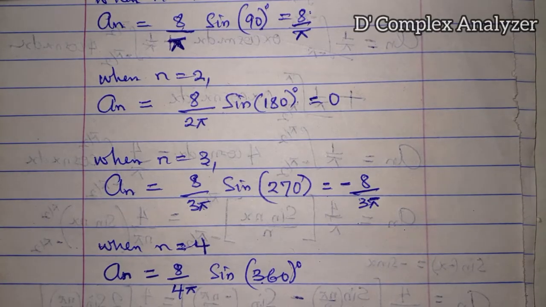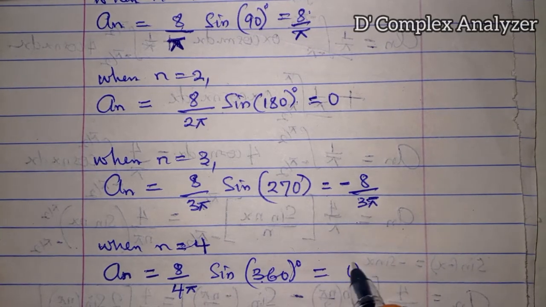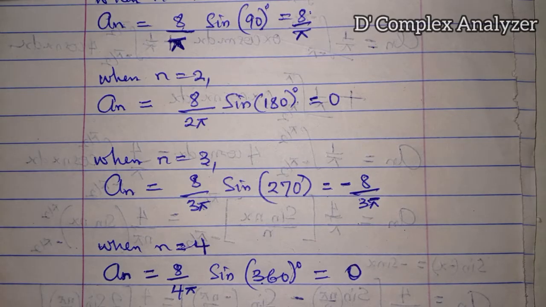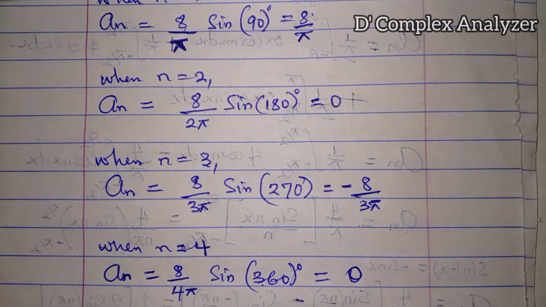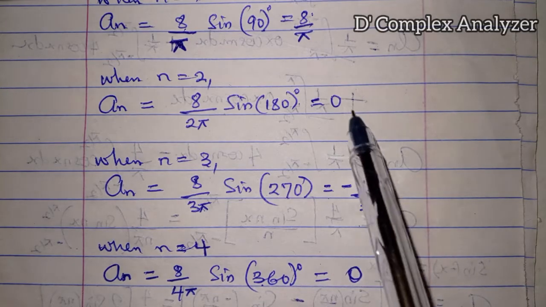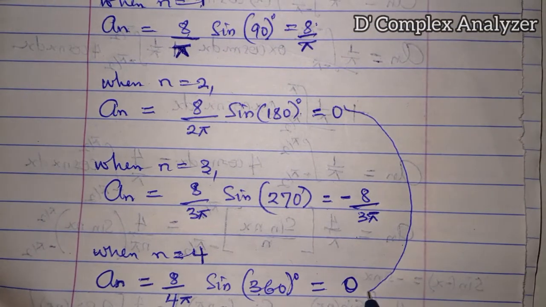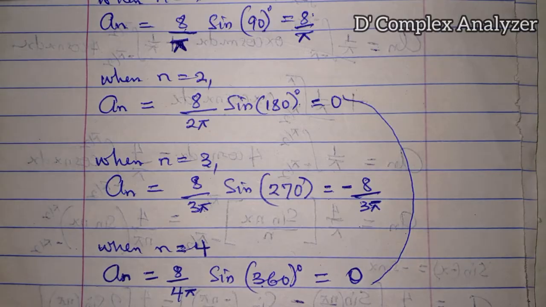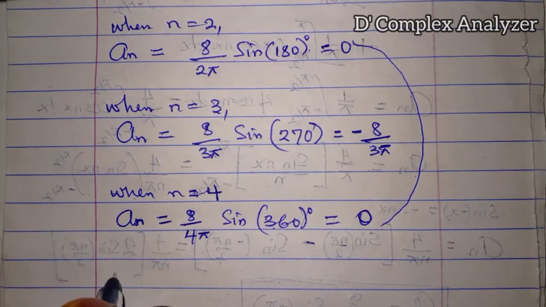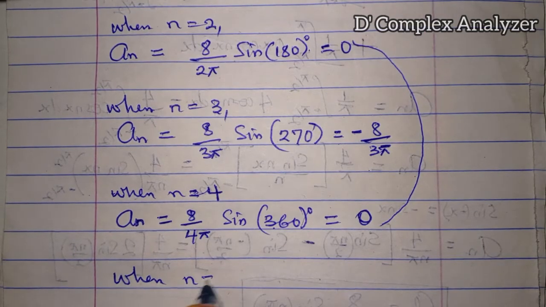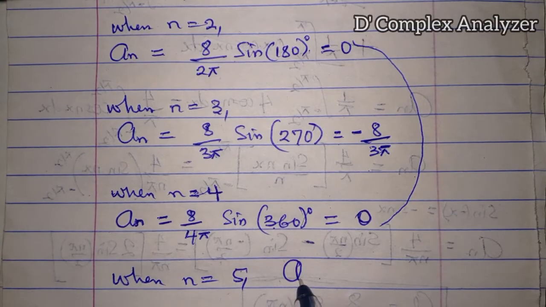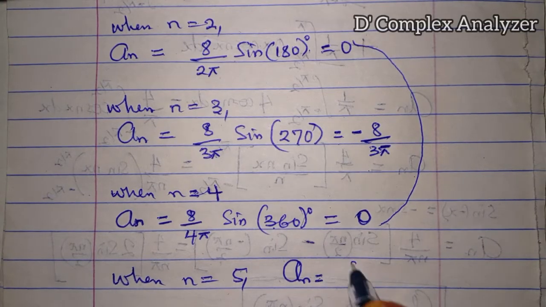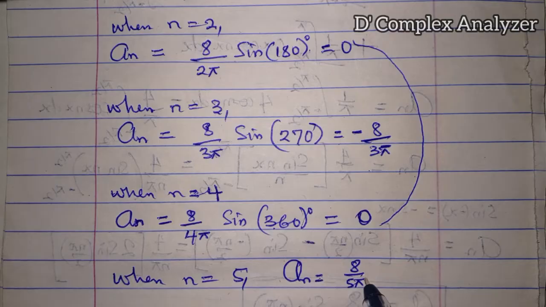Sine 360 degrees is 0. This will give us 0. So just take note: when n is equal to 2, 4, 6, 8, 10, a sub n will be 0. That's what we have here. So we may not need to get the values of a sub n when n equal to 6, 8, and all other even numbers. When n is equal to 5, a sub n is equal to 8 over 5 pi times sine